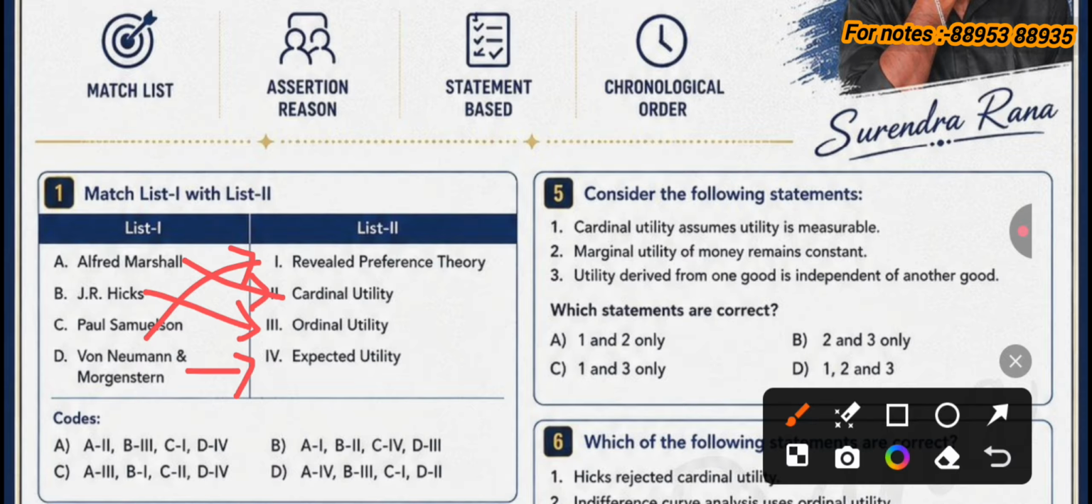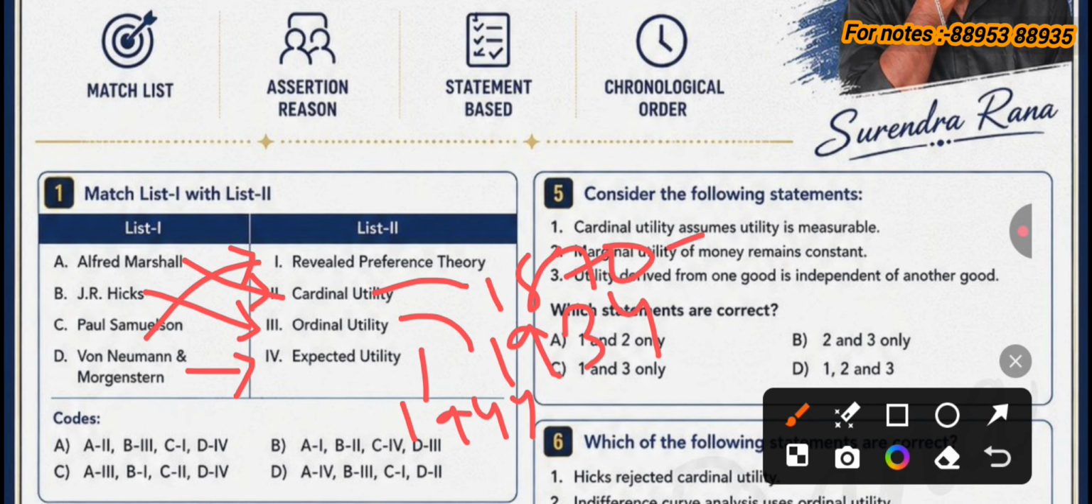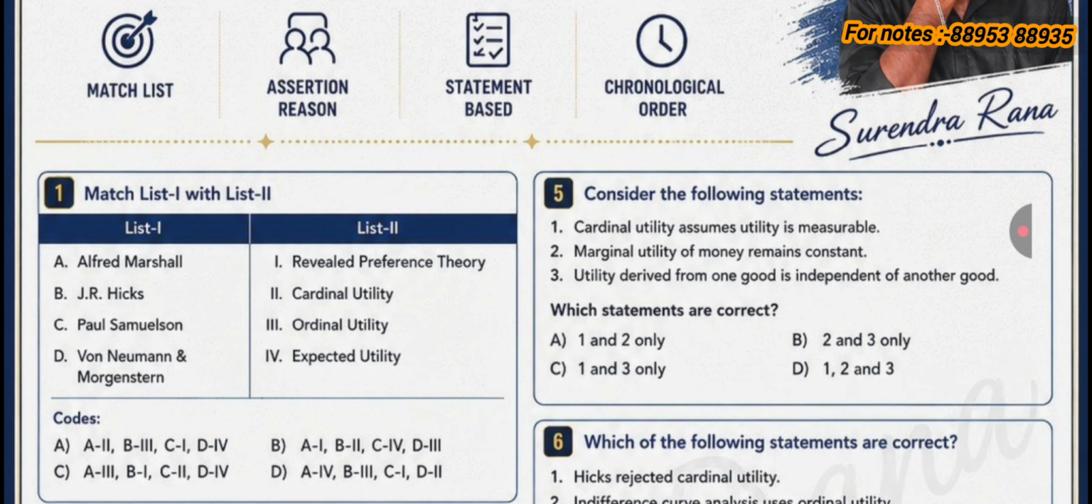If you talk about the dates, this is 1944, and this was 1934, and this is 1870 to 1898. I have a doubt about revealed preference theory; you may search in Google. Okay, next question is